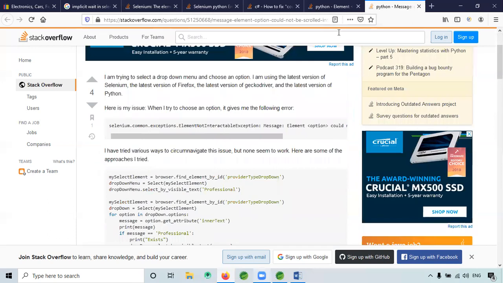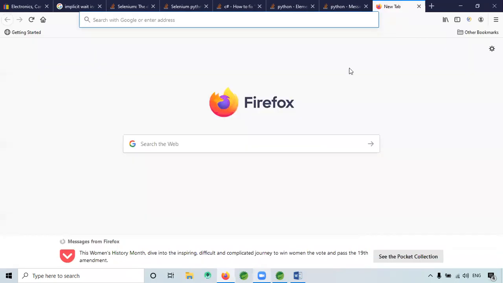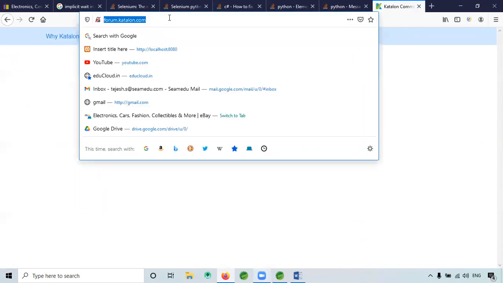I don't know whether it is implicit or explicit, but it is the same thing. In my case, it is not opening actually. Can you copy paste the proper link?